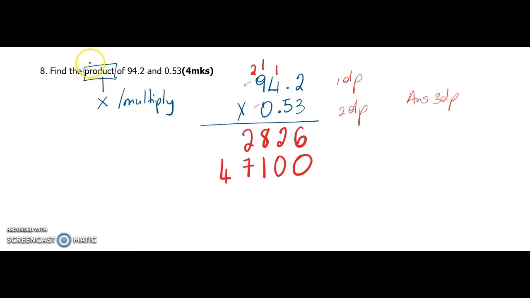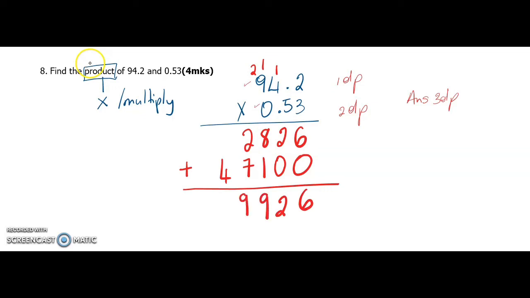And if you look at how all my numbers are written below each other to maintain their place value, I cannot just put them where they are, because at the end I need to add in order to get my final answer. 6 plus 0 is 6, 2 plus 0 is 2, 8 plus 1 is 9, 7 plus